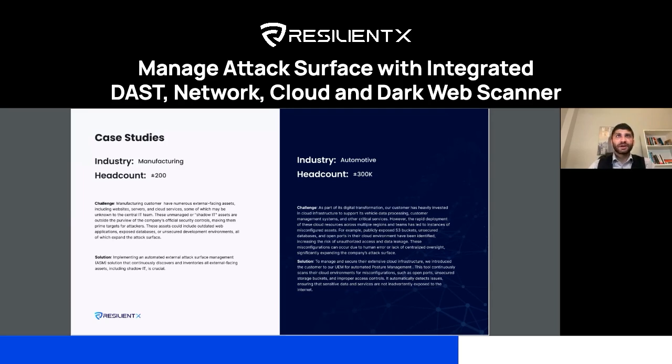What we helped the company with was implementing attack surface management, connecting the attack surface manager, or unified exposure management, to their infrastructure, updating and testing their cloud infrastructure, testing their web applications, and moreover installing internal security testing as well to understand what the risks are and what shadow IT they have